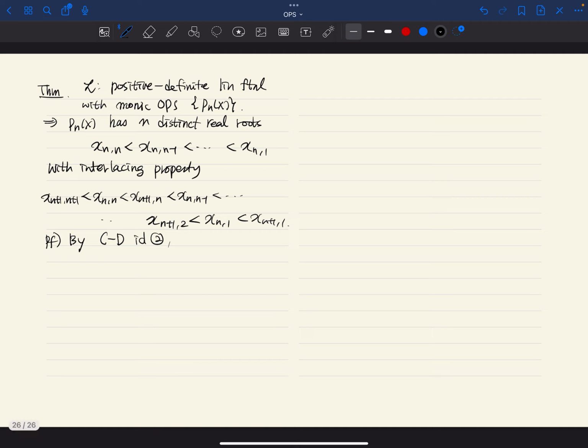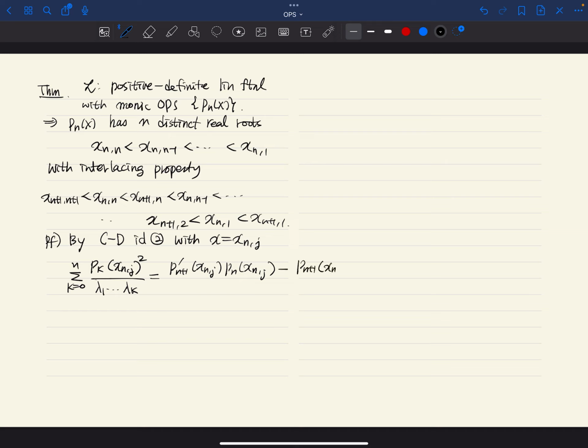If we substitute x equals x_{n,j}, let's say, then see what happens. Then we get, I'm just going to write down the identity where I replace x by x_{n,j}: the sum of p_k(x_{n,j})^2 over lambda_1 to lambda_k, like that, equals p_{n+1}